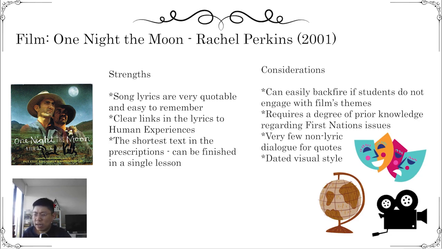I also think that outside of these songs, there's just not a lot of quotation material. The characters don't really speak to one another. There's one or two phrases that are required for moving the plot along, but I wish there was just a conversation. I wish the characters talked to one another and expressed what their views and feelings are. There's a moment where the mother of the lost child goes to Albert the tracker and tries to appeal to him and ask him, "Will you do this for me?" And it's done through looks. I wish they just had a conversation about what each of them felt.